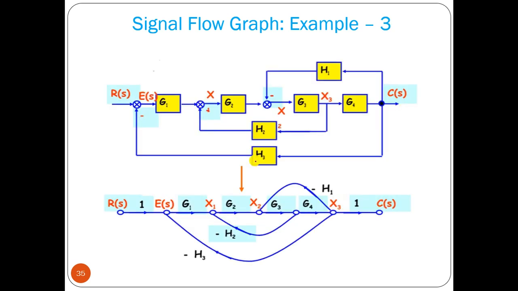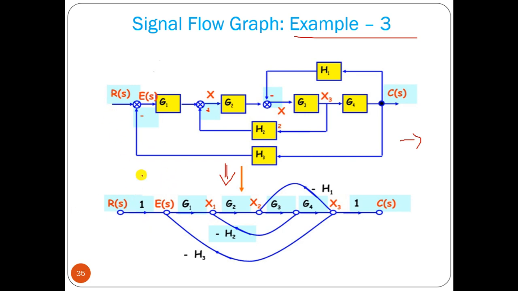Now let us take a third example. Here we have a block diagram. If you want to find the transfer function C(s)/R(s) of that system, we have to shift this to this point, then these two come in series, then feedback, then that comes in series with that, then another feedback, that comes in series with that, then another feedback. So you have to solve it this way. Now we can draw the signal flow graph, and we can directly use the formula.